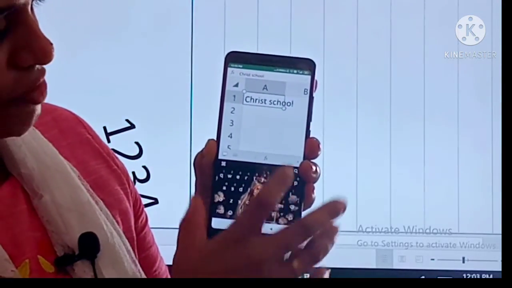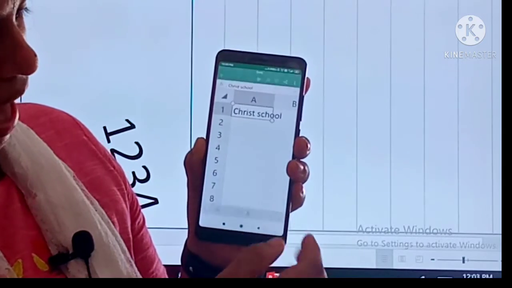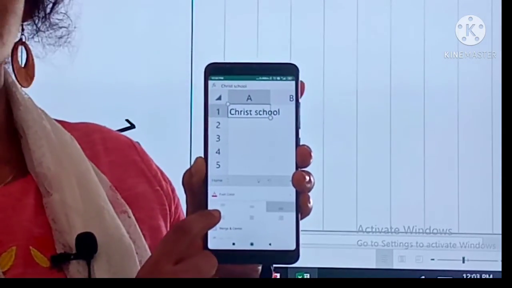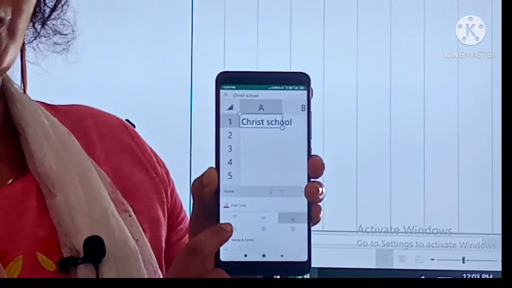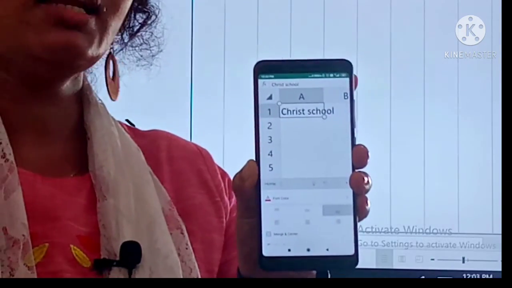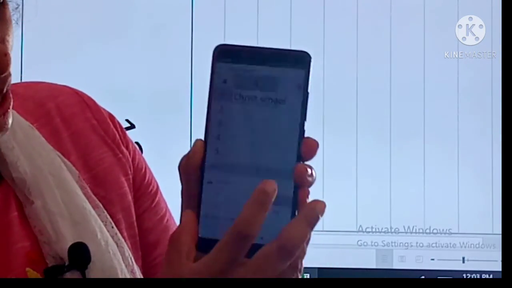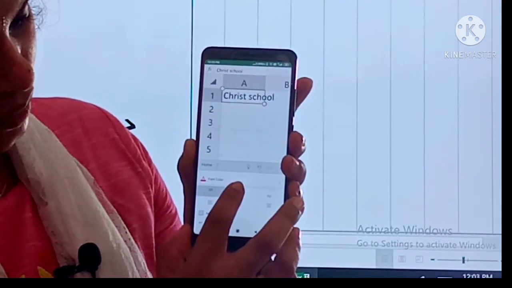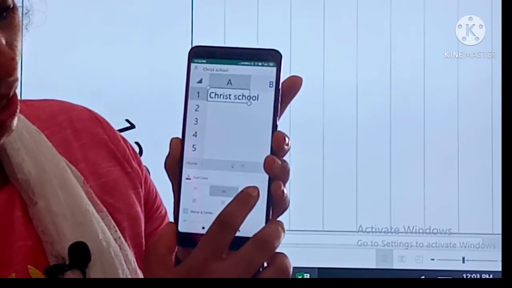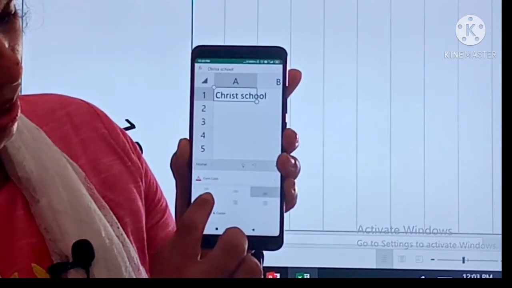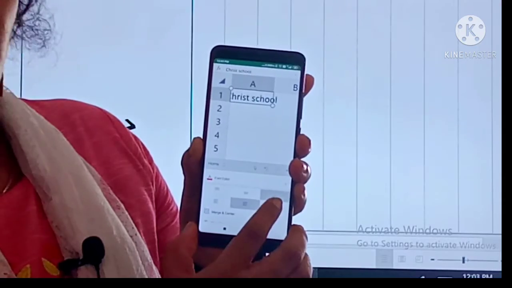Then you can go back and see the window below, where you have seen those alignments. What were the alignments? Yes, we had two parts, that is vertical and horizontal. So over here you can see we have top, middle, bottom, left, center, right.